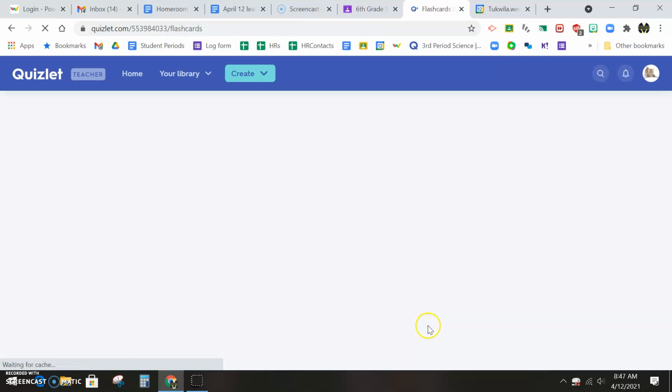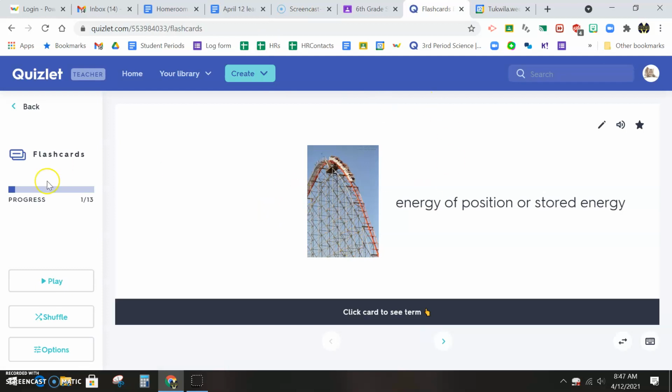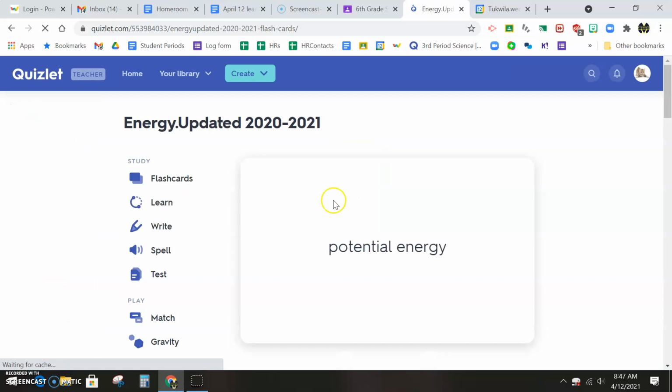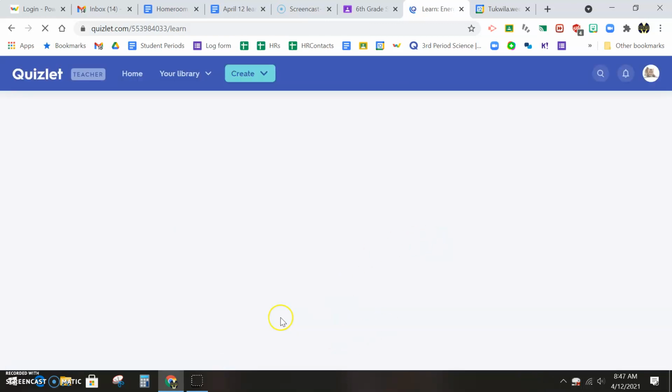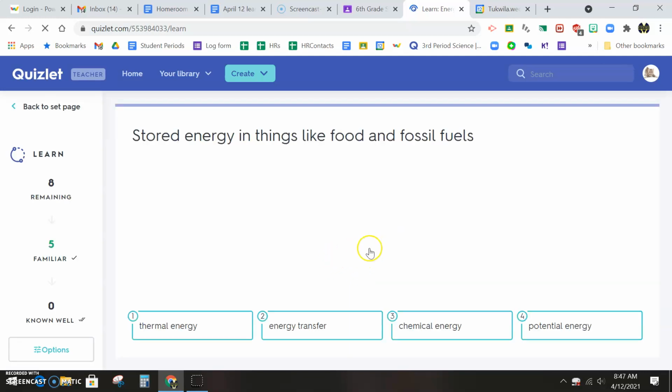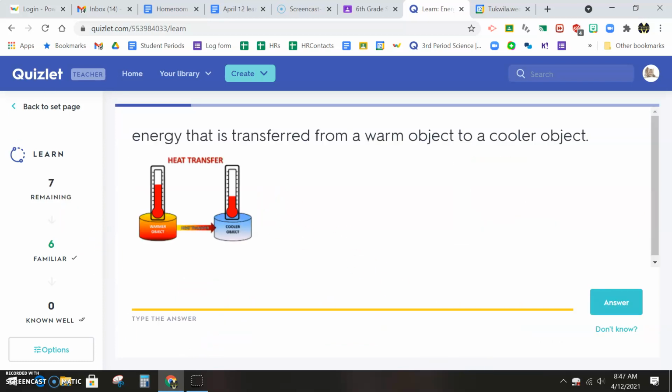So first just go through the words and look at each word and the definition. Once you get through all 13 words, then you're going to choose the learn option to check and see how many words you remember, and you can keep practicing. Once you've done the learn option,